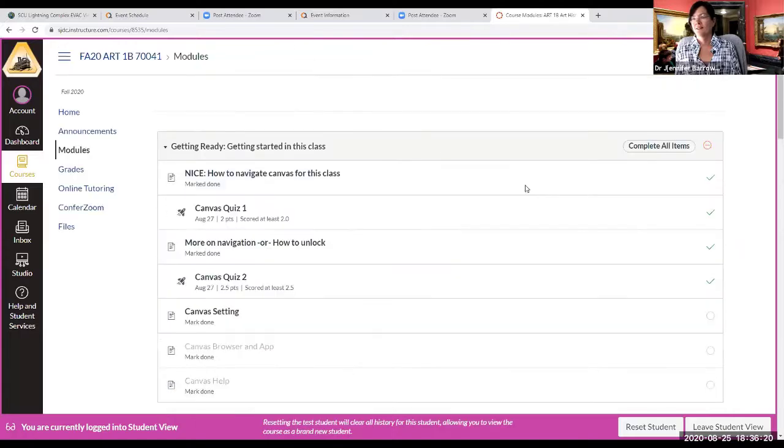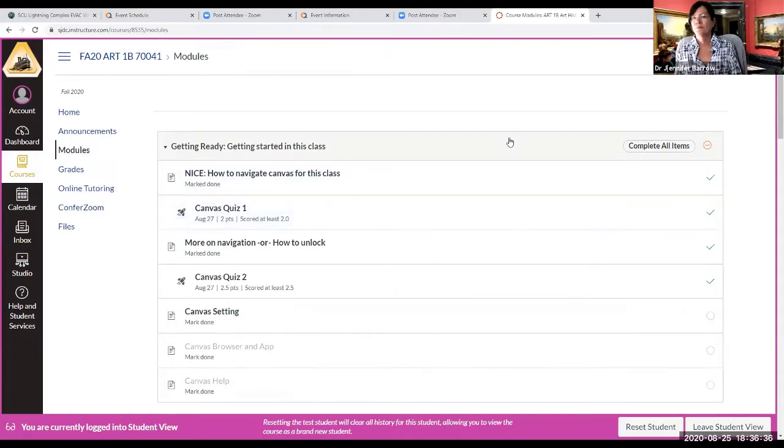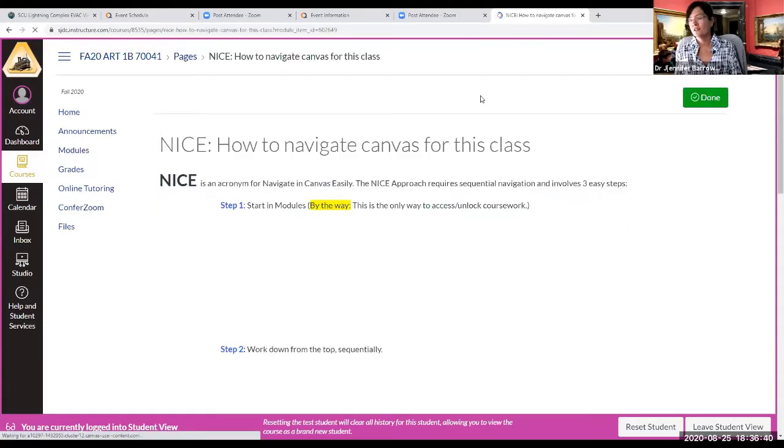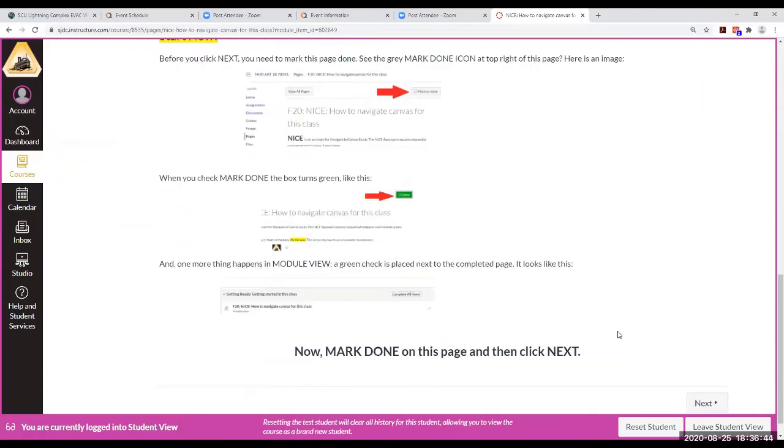So you go to modules, and you'll see this gray bar at the top of each section of the class. Okay? And then anything that you have access to is in this dark text. Things that you don't have access to is in this light text. How do you get access to the stuff that's in light text? You have to go through, and this is going to tell you how to do it. You go through and